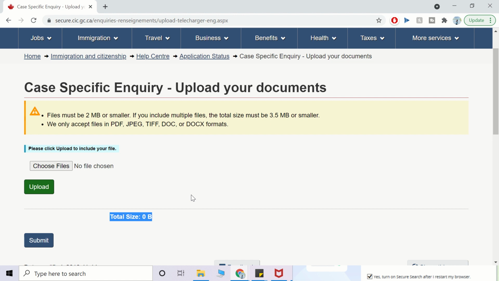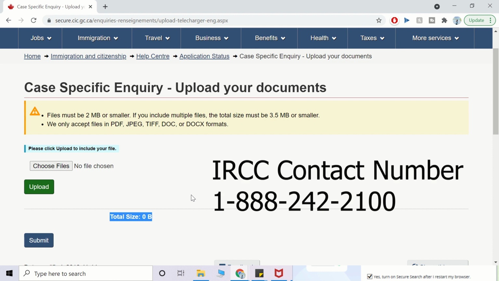And what you can additionally do, if your PCC is not yet linked after 5 business days, is call IRCC again and nudge them and say, hey, I submitted the web form, I applied on the tier 2 PR pathway, this is the information, can you confirm that you have received my documents and you have attached them to my tier 2 PR application? So that's something you can do additionally after the 5 business days.